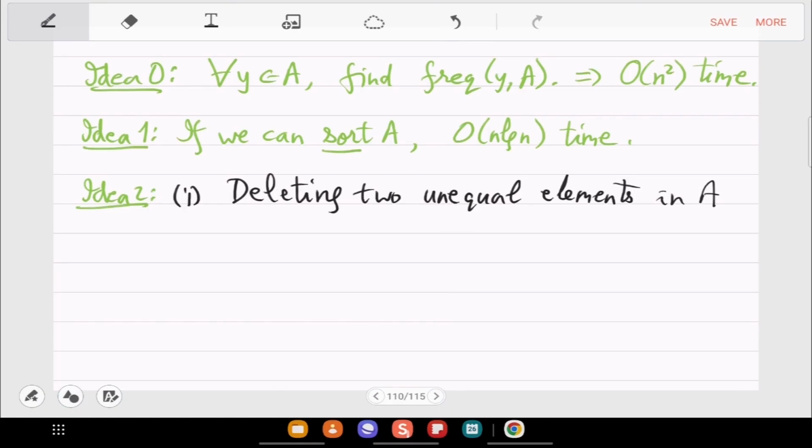So if two elements are unequal, then you can delete both of them from the array. So the array becomes of size n minus 2. And the claim is that half majority is preserved. If element x was half majority before, after deletion of these two, it remains half majority.